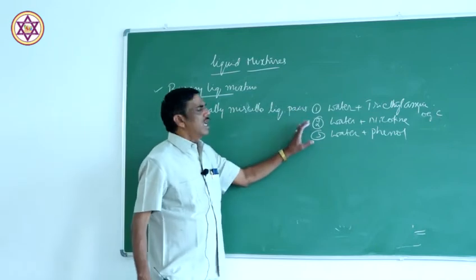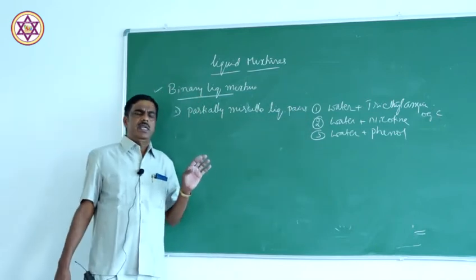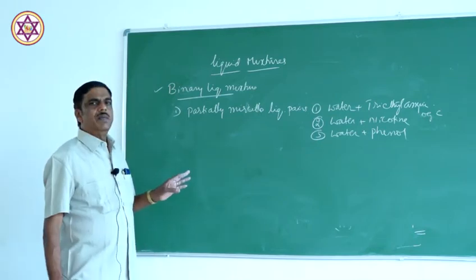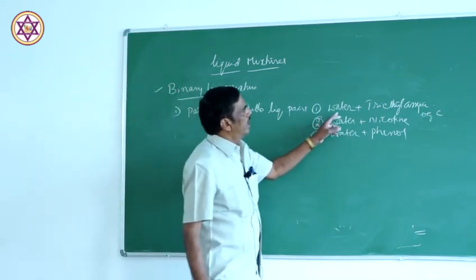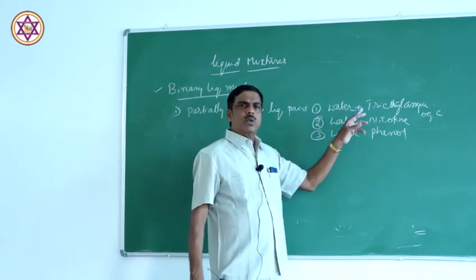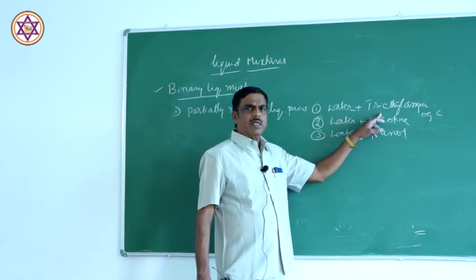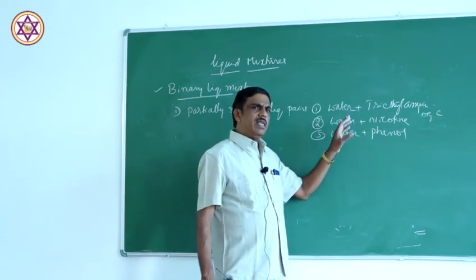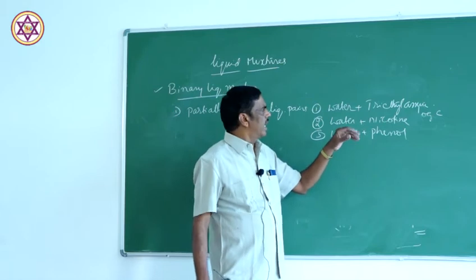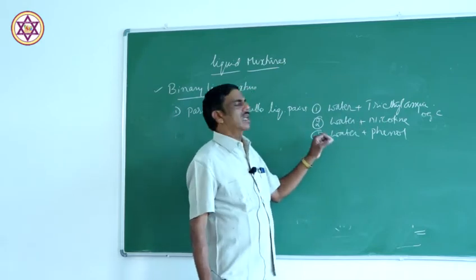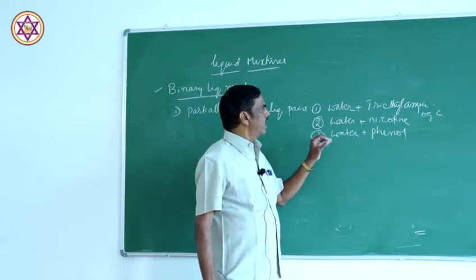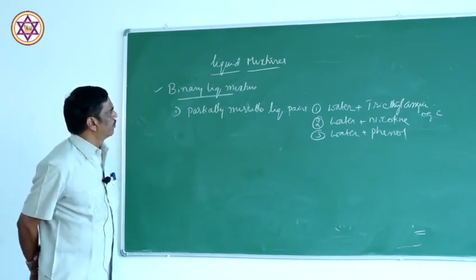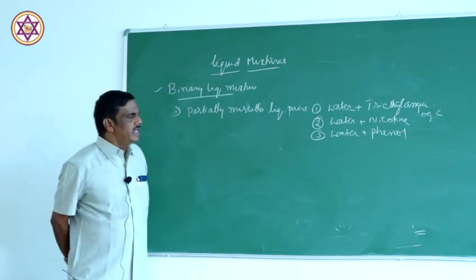So these pairs, at a given temperature, ordinary condition, say 25 degrees centigrade, are not miscible completely. They are miscible partially. For example, if you mix water and triethylamine, little water is soluble in triethylamine. Similarly, little triethylamine is soluble in water. Therefore there is a separation into two layers. You can see two different layers because they are slightly soluble within themselves. Therefore, this type of partially miscible liquid pair is a separate class.